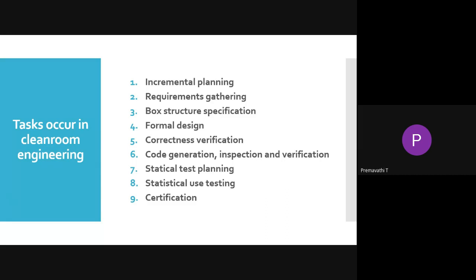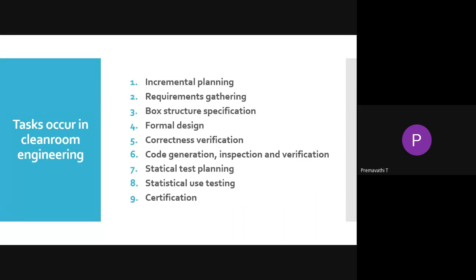The next one is box structure specification. What is box structure specification? This is one of the specification methods, using the box structure. The box structure is used to describe the functional specifications: the function modules, what each module does, and what operations it performs. All those functional specifications are included using the box structure.